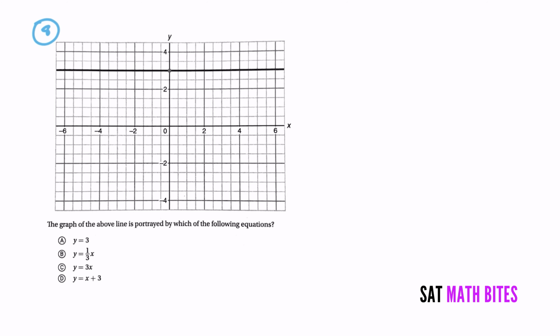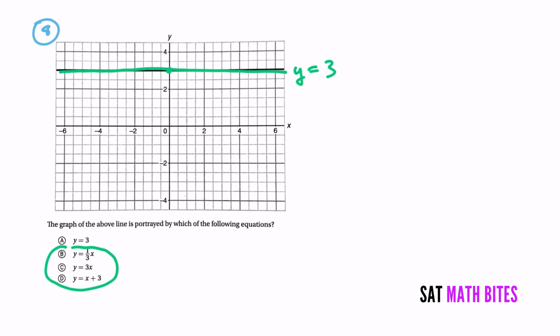Number 8 is a super straightforward answer. You can see over here, here's the line, and it's a horizontal line. You can see this is happening at 3. So this is just y equals 3. There's no slope. All of these other answers right here, 1/3 x, 3x, x plus 3, they have a non-zero